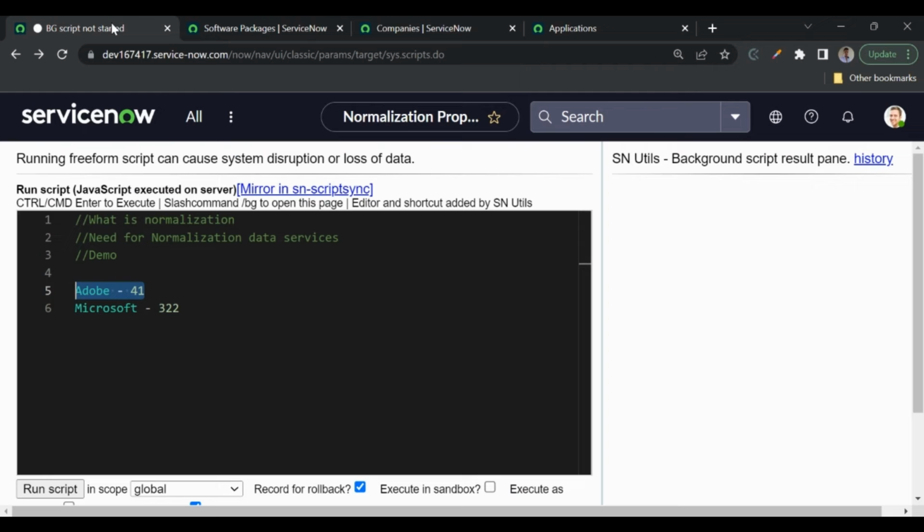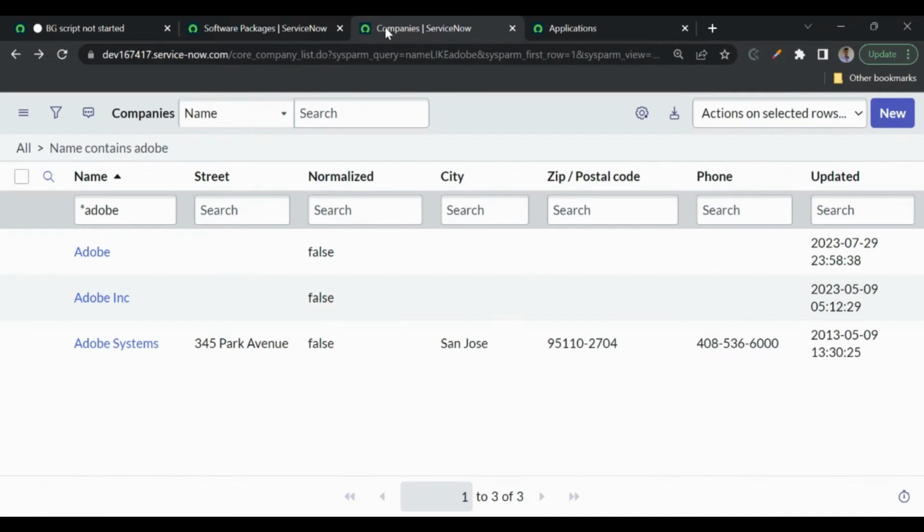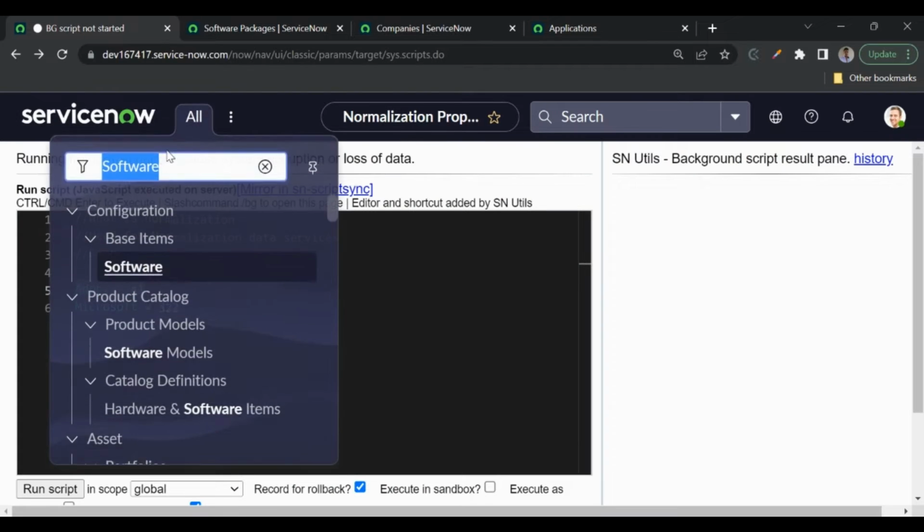Okay, so now let's go to the plugins list. Here we have a plugin called Normalization Data Services Client. We need to install this plugin. When we install this plugin, let's go to the core company table. Let's refresh this. In the core companies table, we'll see this normalized field here. The normalized field gets added. Okay, this is one thing. And next thing, we'll get a module here,